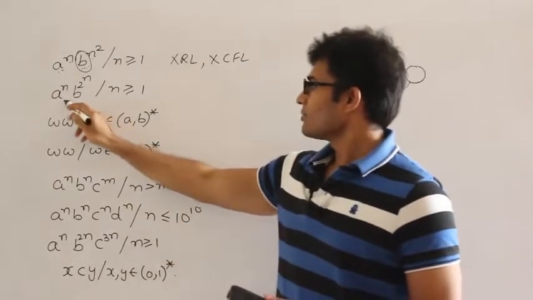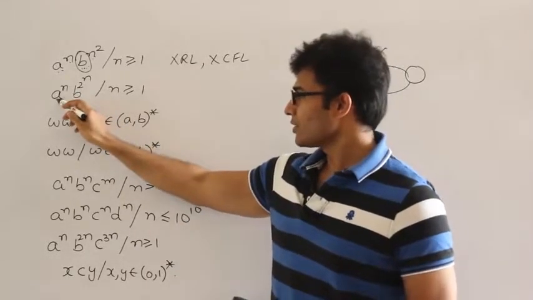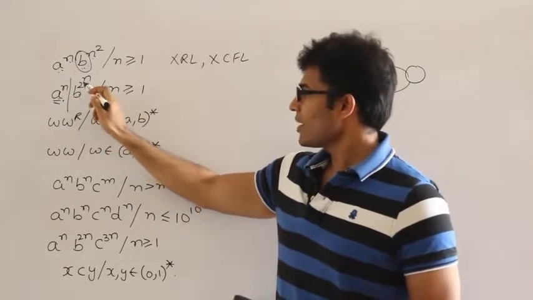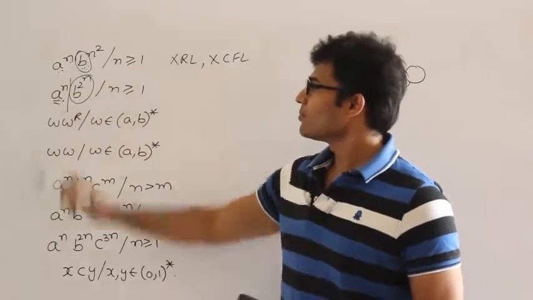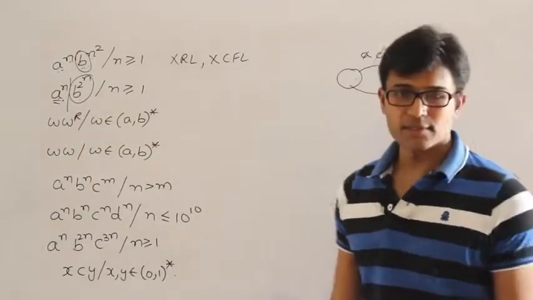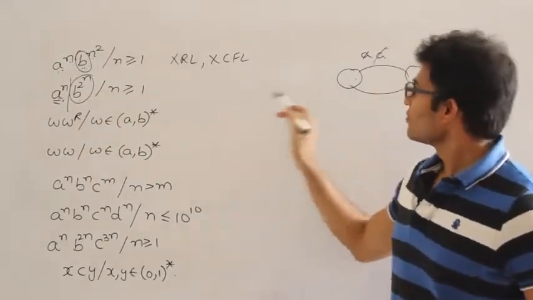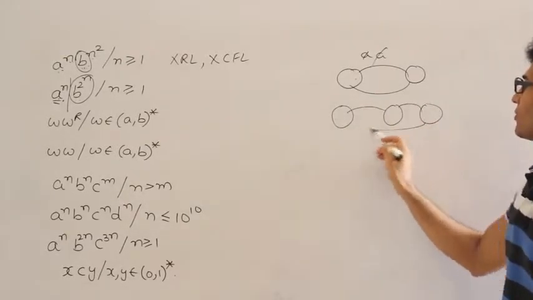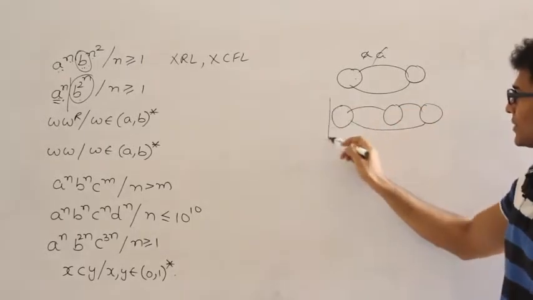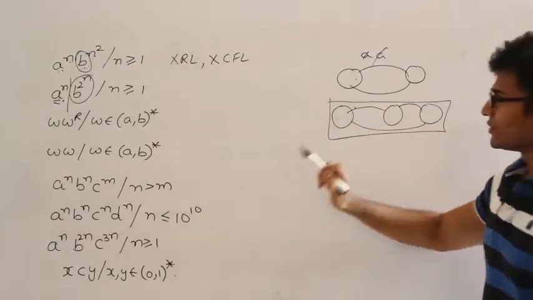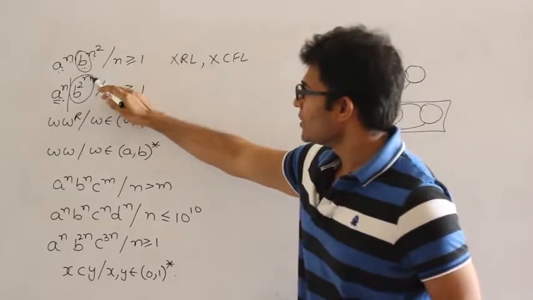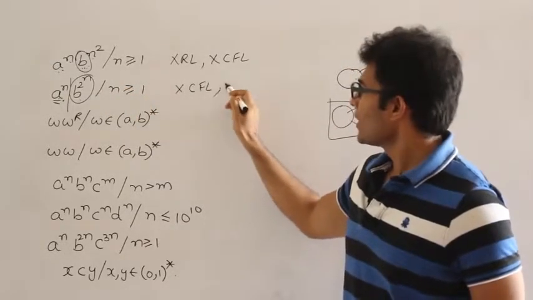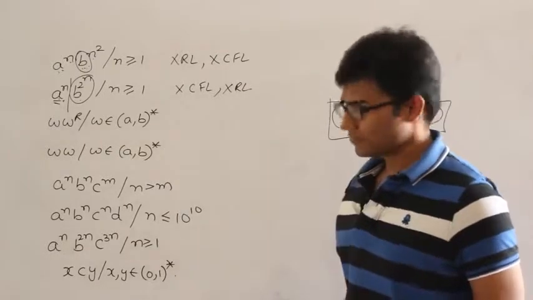Then a power n b power 2 power n, the same thing, right? So it is definitely not regular, because unbounded comparison is required, and then we cannot put b power 2 power n in a loop. The reason is, inside a loop we cannot put 2 power n, right? If you have a loop, I cannot put any loop with 2 power n as the count of it, right? So since 2 power n is not in AP, this is not possible with context free languages, and definitely it is not a regular language also, right?